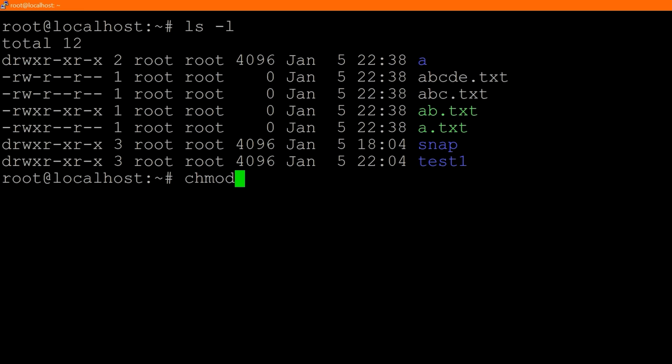Anyways, when you use the chmod command, the syntax is as follows. I will give some examples, but I just want to give you the robust syntax. It is who, and then one of the following symbols: plus, minus, or equal sign. This is how you can either add a permission, remove a permission, or set the permission to something. Then you type the permission or permissions that you want, and then finally the file name or directory name that you want to set these on. So that is the chmod command.